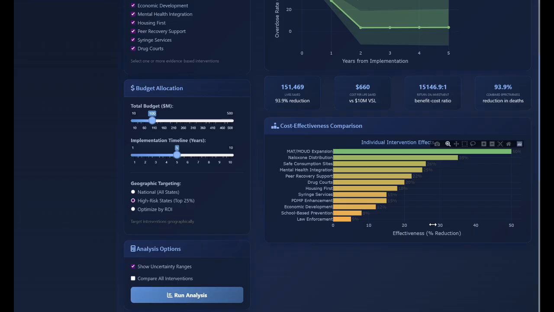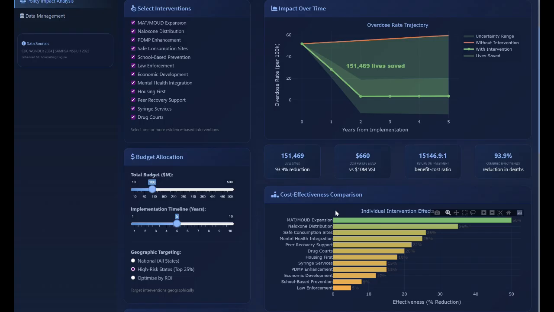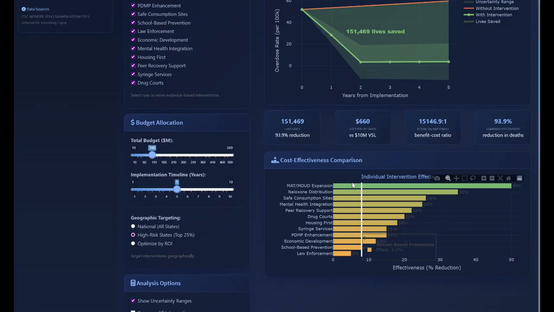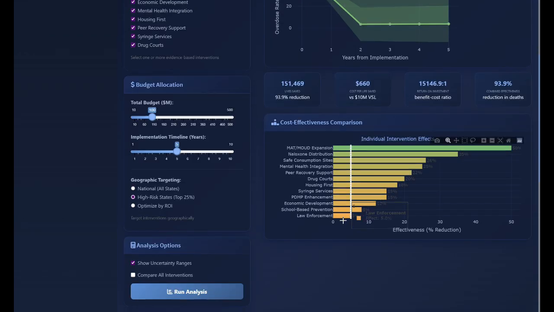So it does have an impact, but this right here kind of validates or reinforces the confluence of literature that shows that the reduction in overdoses and usage should be focused on demand-driven interventions, and that law enforcement, though necessary, the supply side interventions actually have a very low level of impact in terms of intervention effects.